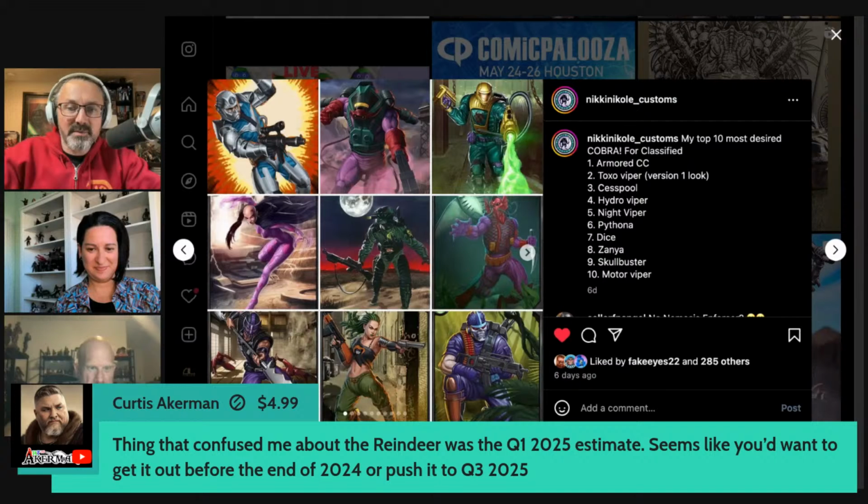The thing that confused me about the reindeer was the Q1 2025 estimate. It seems like you'd want to get it out before the end of 2024 or push it to Q3 2025. Yeah, maybe they're just tempering expectations, because every time they tried to have it released right at Christmas, it got delayed till like January, right? Yeah, those and the first two waves. They work really far in advance,